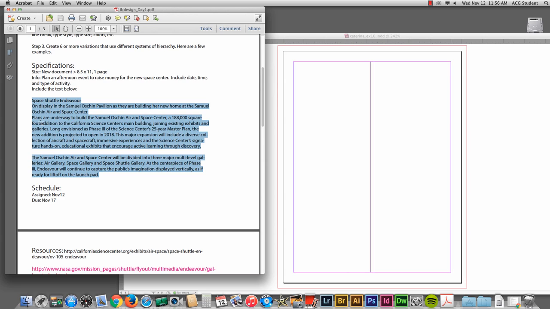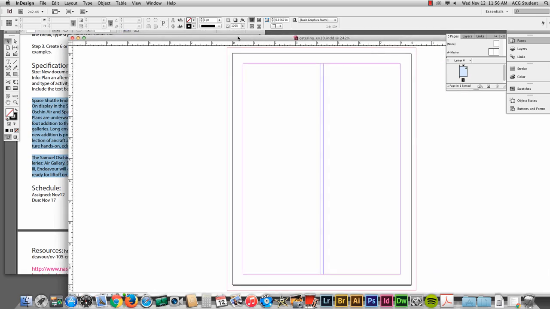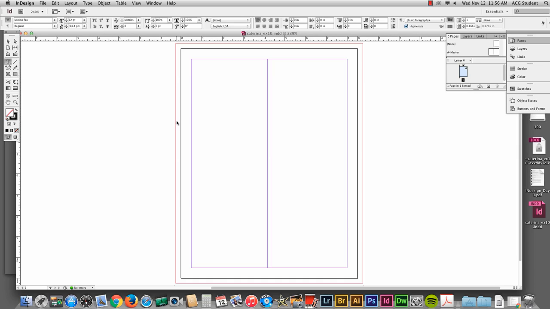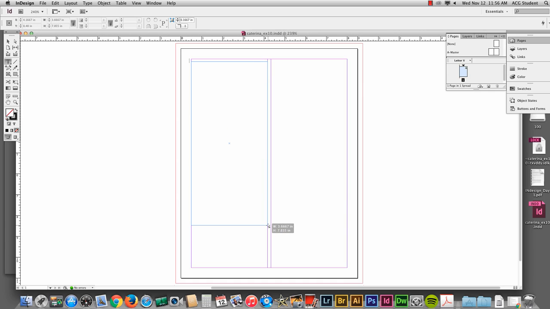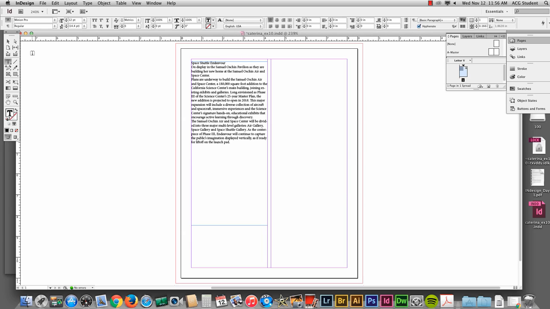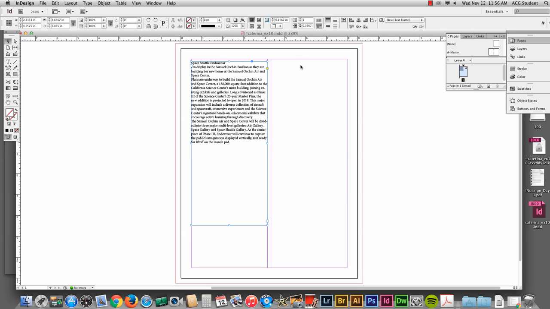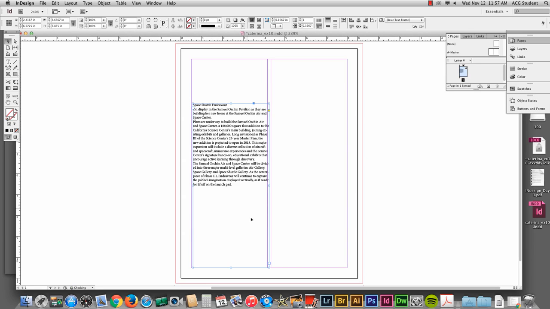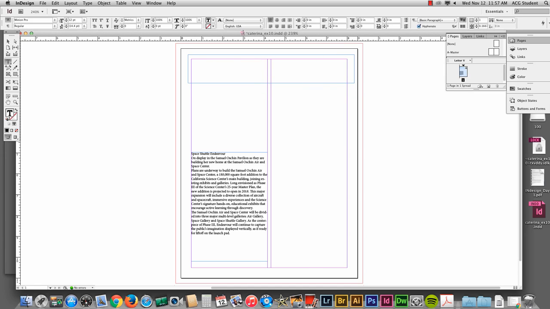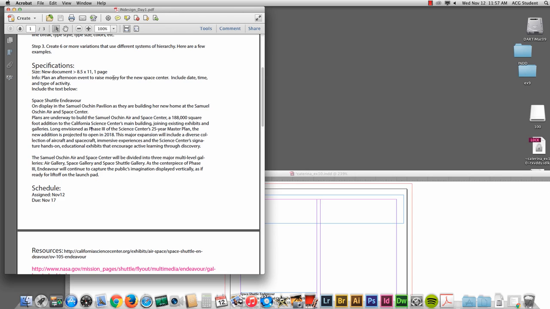So I'm going to copy it, Command C off of the PDF, and go over here to our document. I'm going to grab the T. And what this is going to allow me to do is draw a text box for it, and then hit Command V and put that in there. Now, all of this is going to change as we start to create the event and move this around. So I'm not too worried about the size or placement of this yet. I just want to get my text in there. If we have an event, let's make another text box up here. And the event is to